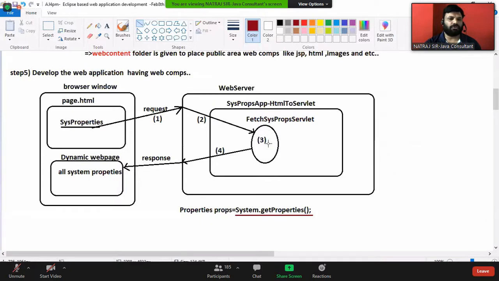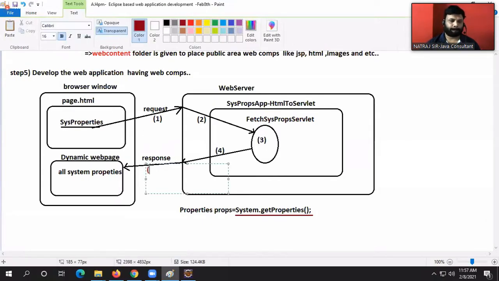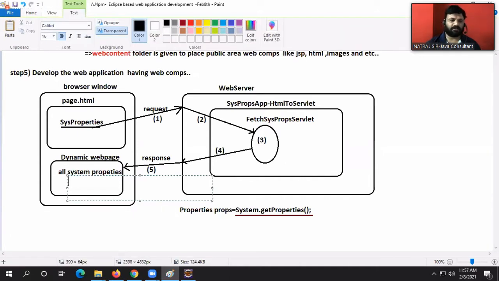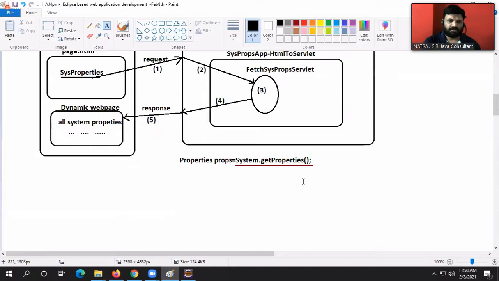Request 2, 3, 4, 5. Yes, dynamic web page. Here all system properties will be displayed, guys. That's it.